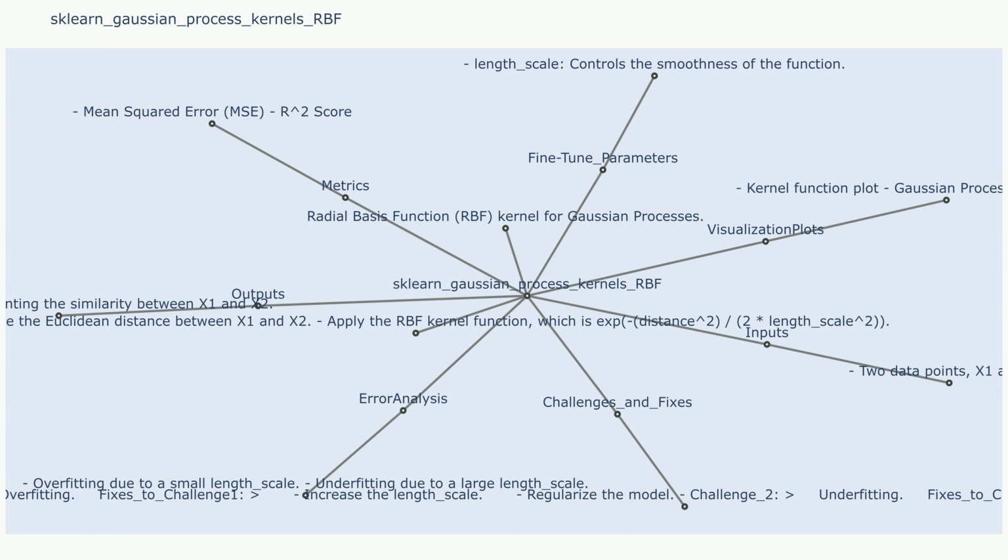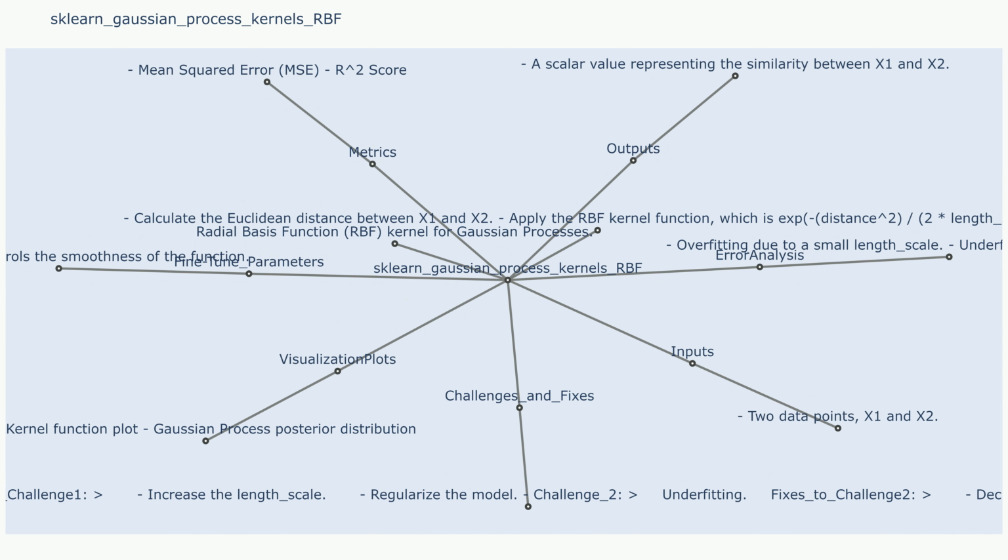Steps. Step 1: explain in detail the kernel function computes the Euclidean distance between x1 and x2. Step 2: explain in detail it then applies a Gaussian function to this distance. The Gaussian function is defined by a length scale parameter gamma, which determines the width of the Gaussian bell curve.